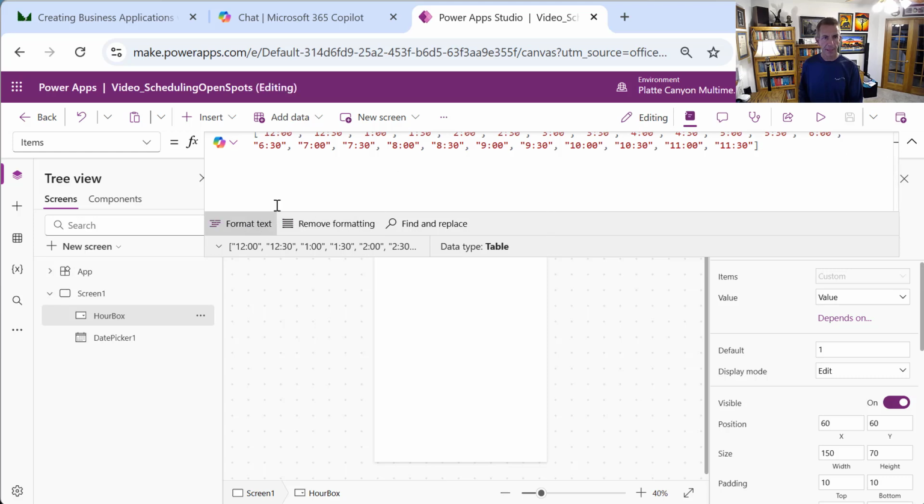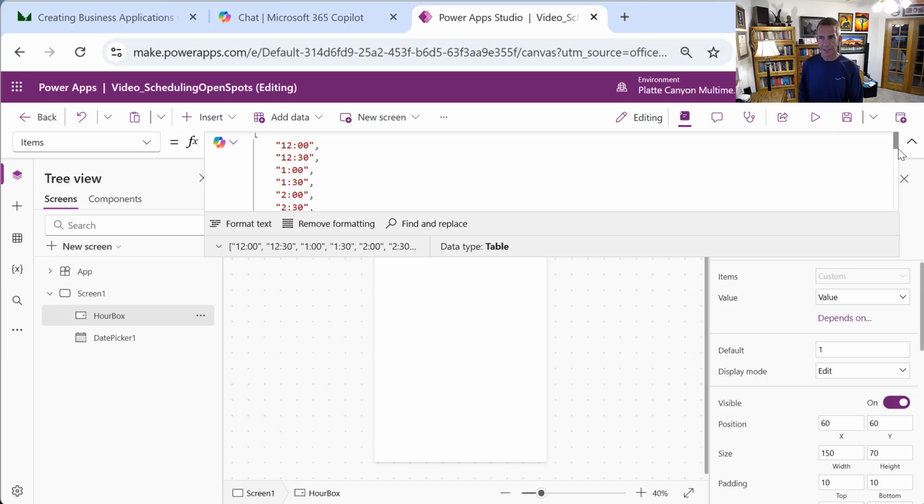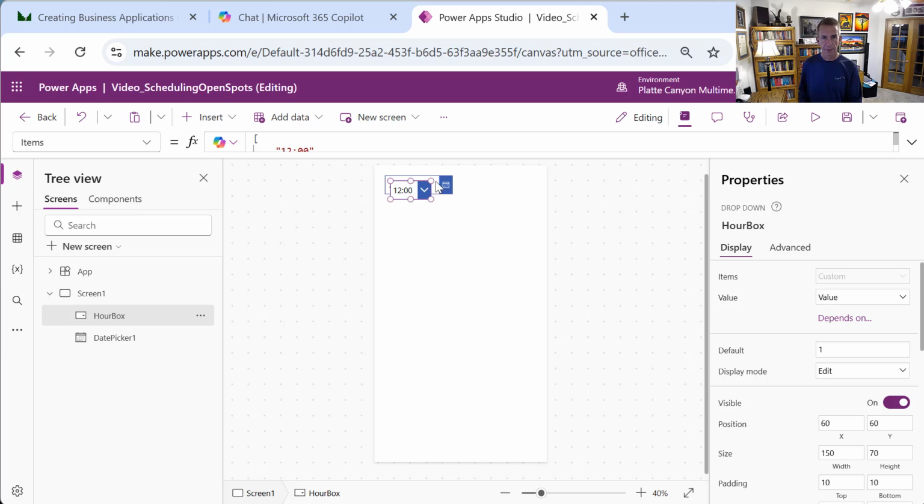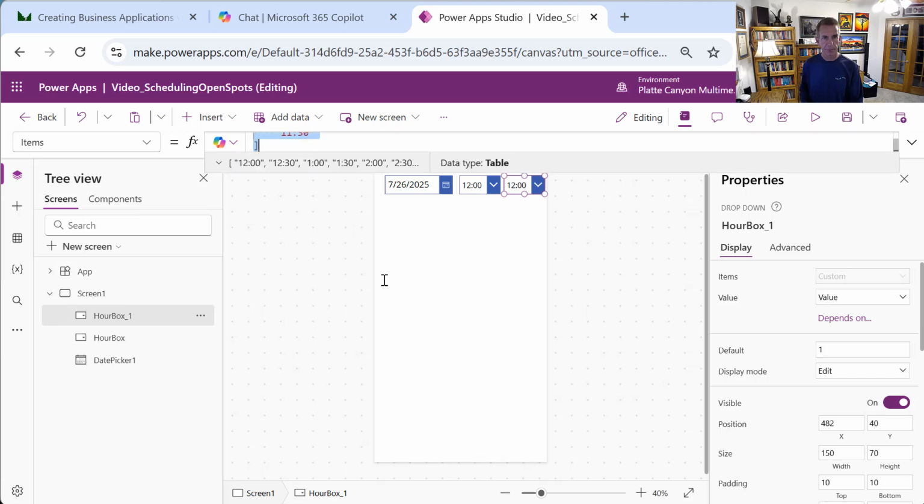let me format that a little bit. As you can see, I did an array of just every half hour with just the square brackets on every side. So let's put that back up there. I'll put that right next to it, kind of like that. And then let me copy and paste that one because it's about the right size that I want. And this one will just be